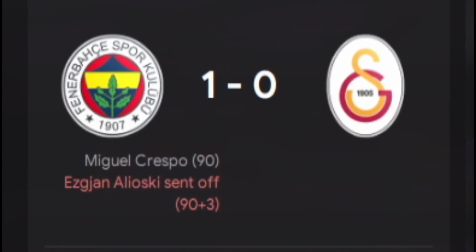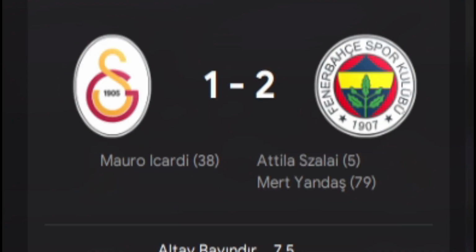Now we're back to the results, and the games against Galatasaray are always the big games, and as you can see here, we beat Galatasaray 1-0 at home. Miguel Crespo getting a 90th minute goal. The away fixture, we beat them again. Mauro Icardi did equalise for Galatasaray, but then Mert did score in the 79th minute to put Fenerbahçe ahead and